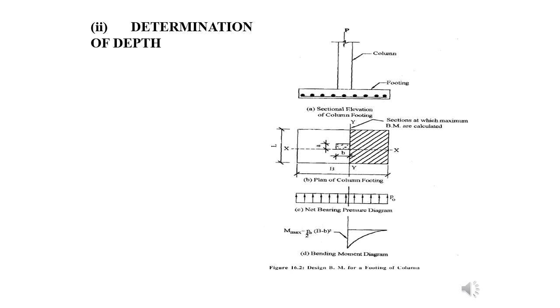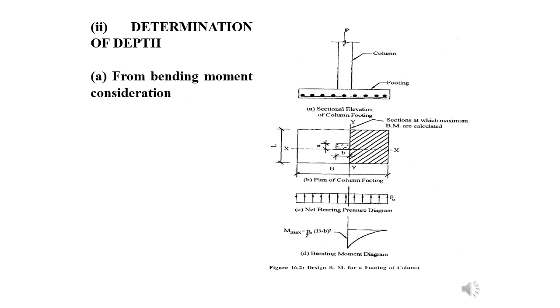How can we find it out? Because thickness is an important parameter which is going to take the load of the structure. Thickness is important, and the area of the footing is also important. These two things we have to design, right? Because the whole load of the structure depends upon the thickness of the footing as well as the area of the footing. So you can see here how we can determine the thickness of this footing